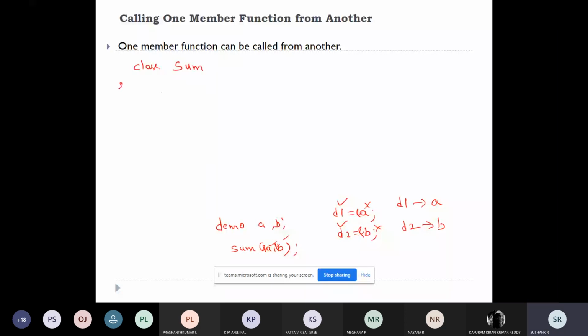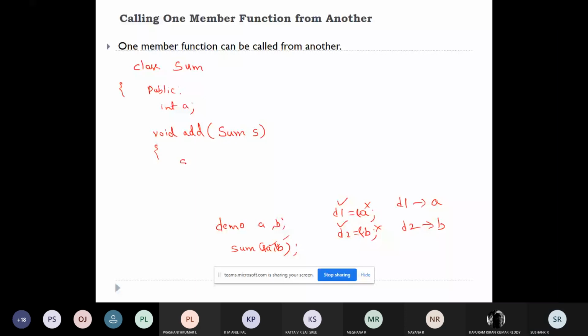For this, I'll just take one variable, variable a. After this, I'll create a function called add function. For this add function, I'm passing the object as the parameter, and then I'll write